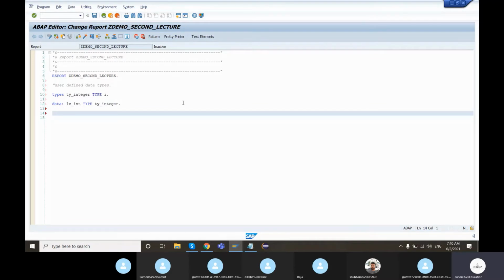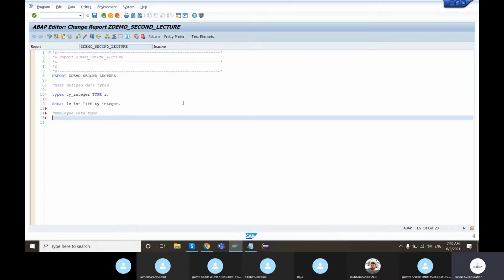Furthermore, to clarify the concept further, let us say we want to maintain a particular record of a particular employee. Okay. So we want to create a new data type called employee. Just write the comment employee data type.